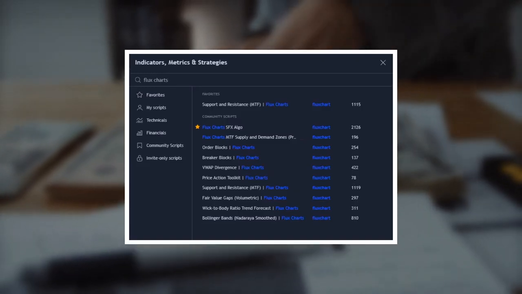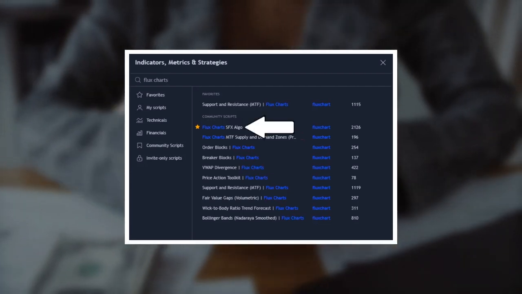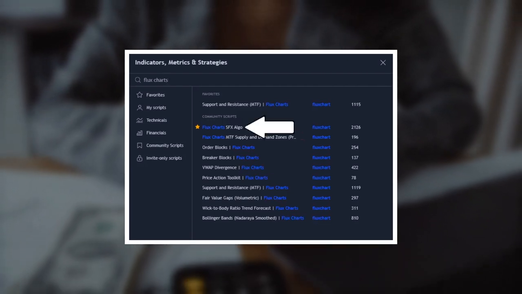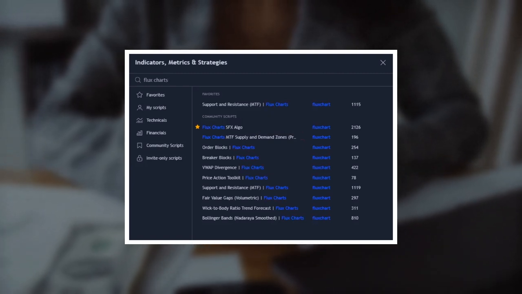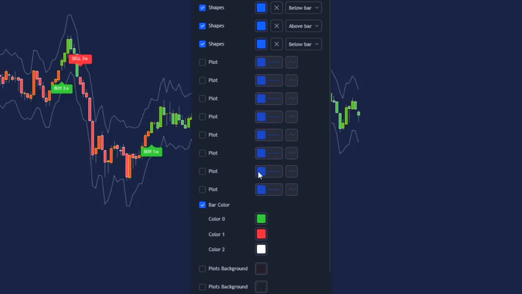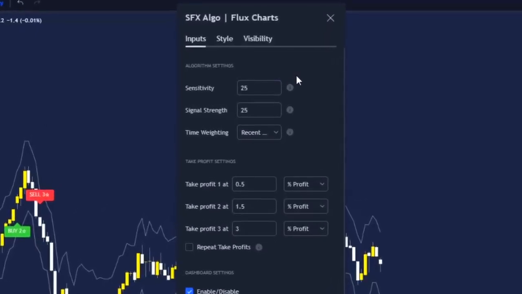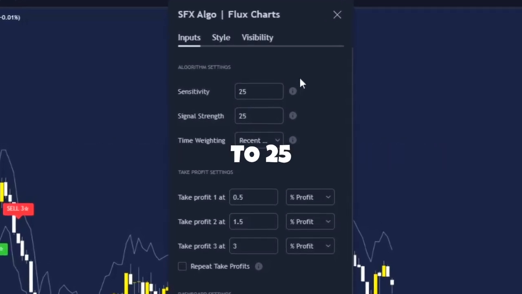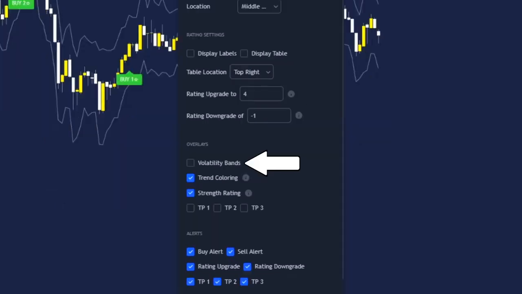Click on indicators again and type in Flux Charts, and we will be adding the Flux Charts SFX algo by, you guessed it, Flux Charts. Click this once and then we're going to change some of the settings. For the style section, I have removed the bar colors. And then on the inputs, I have changed the sensitivity for the algorithm to 25. I've then turned off the display labels and display table, turned off volatility bands, and finally turned off TP1, TP2